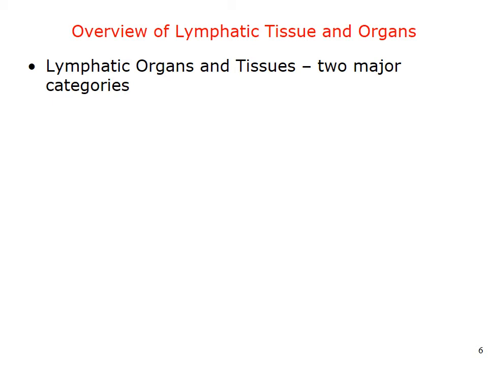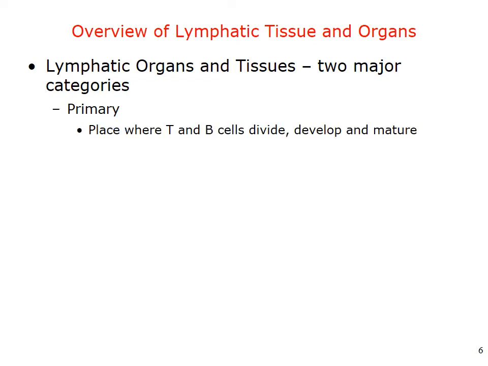Now, when we're talking about the lymph system, there are two major categories of organs and tissues. These categories are the primary lymph tissues, and what do we mean by these primary lymph tissues? This is the place where T and B cells divide, develop, and mature. So when we're talking about dividing, developing, maturing, they're multiplying in number, obviously via mitosis. They develop and mature, and by that we mean they become active cells and participate in the actions that they